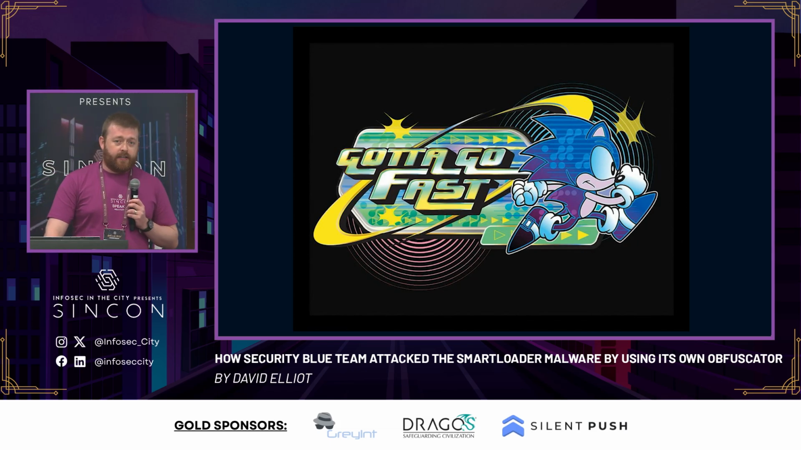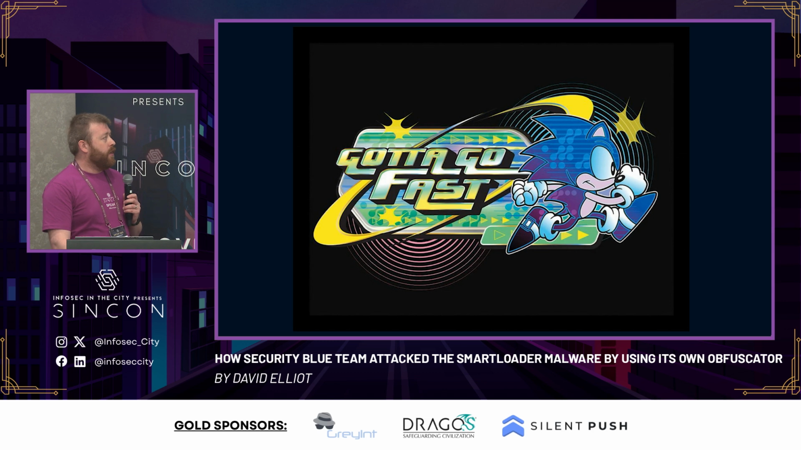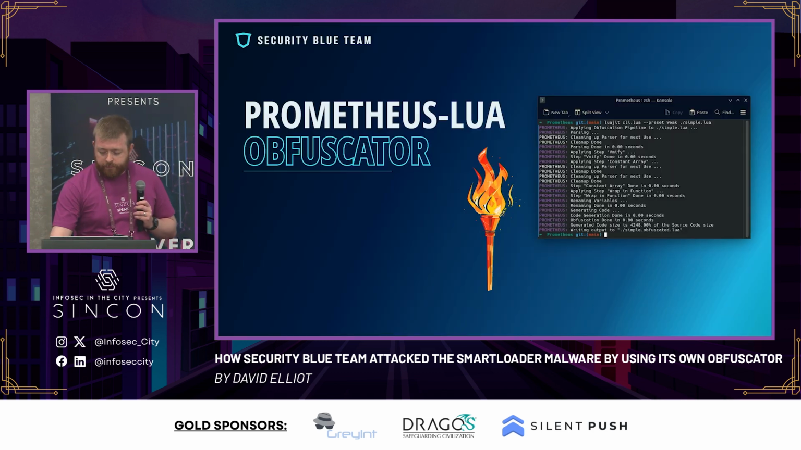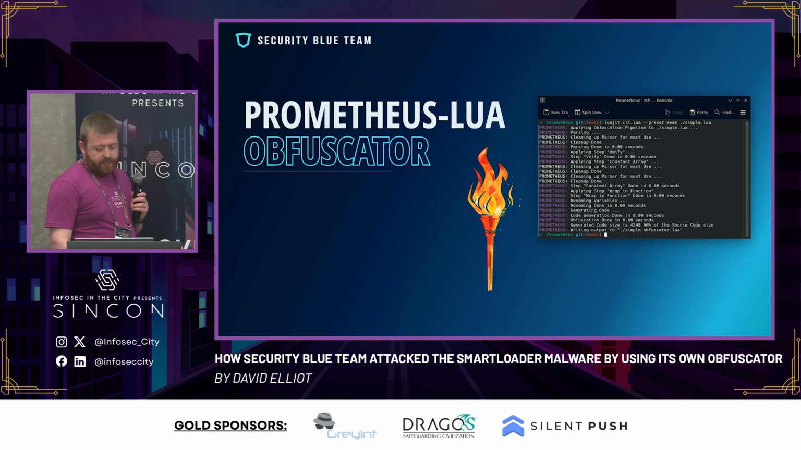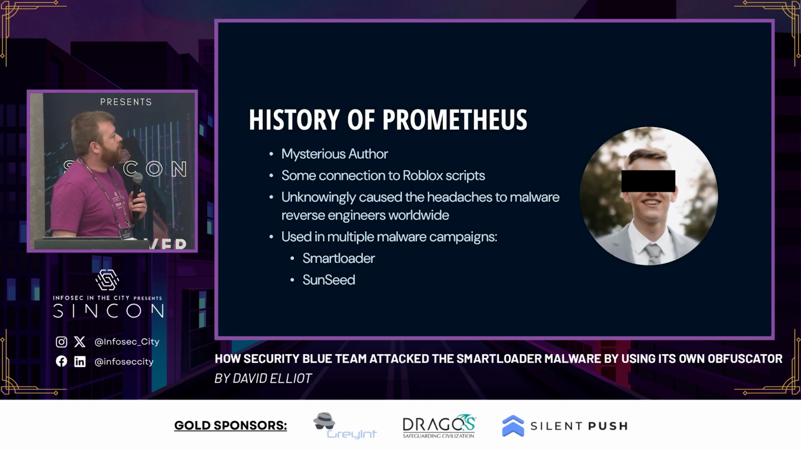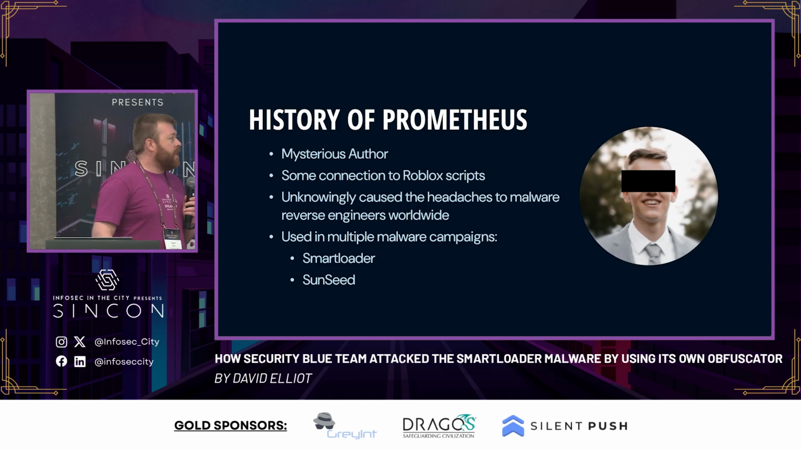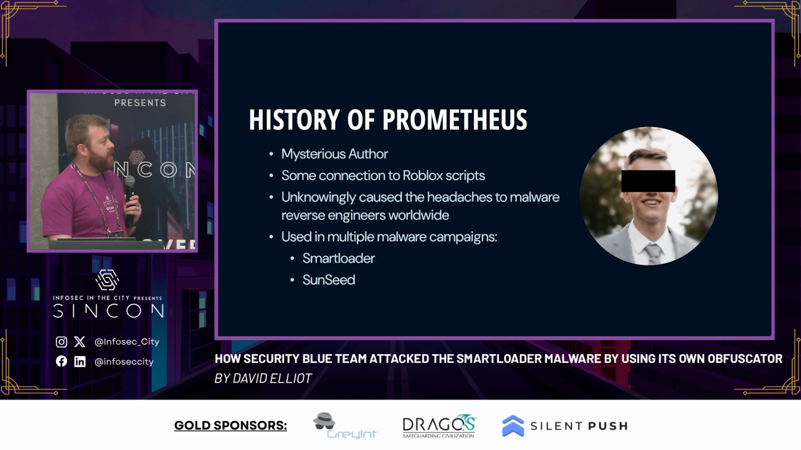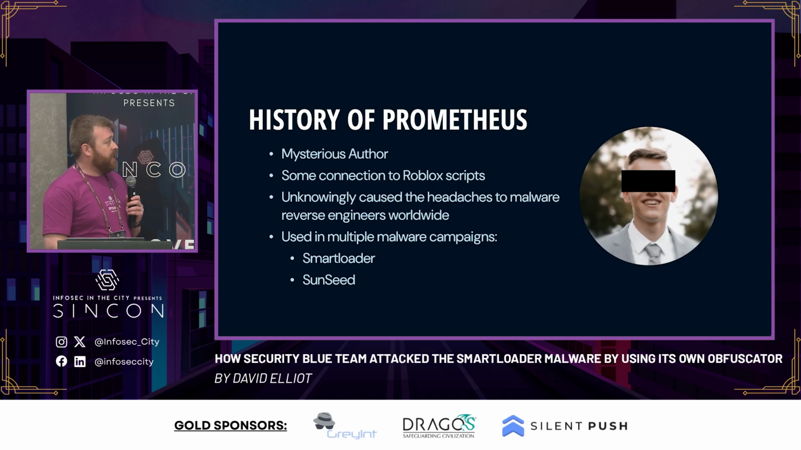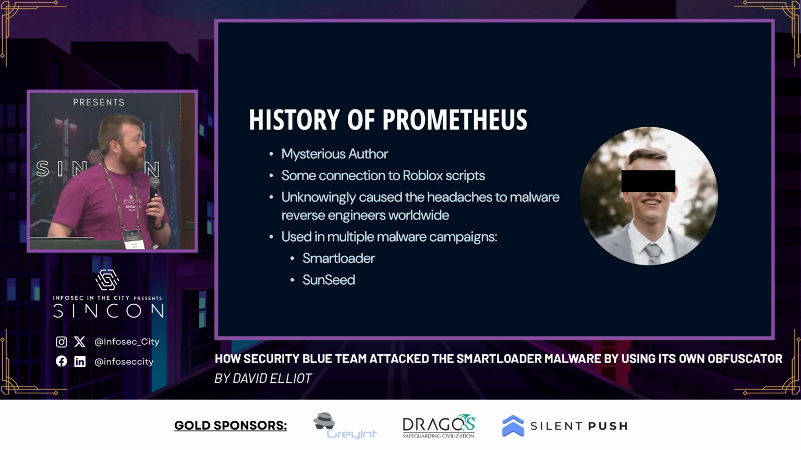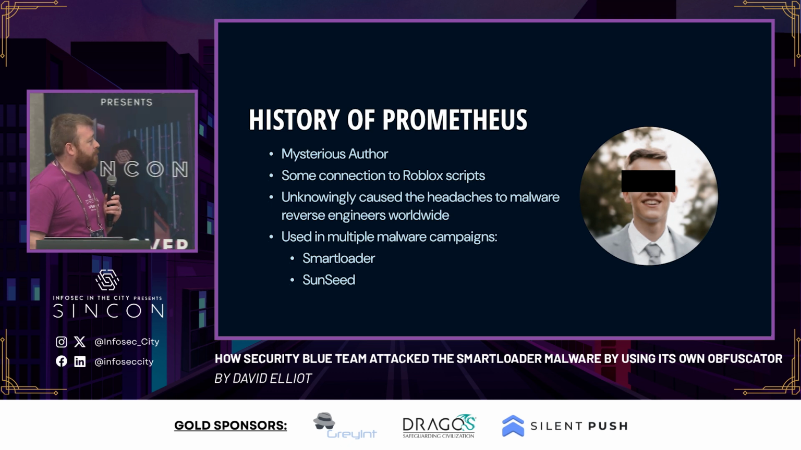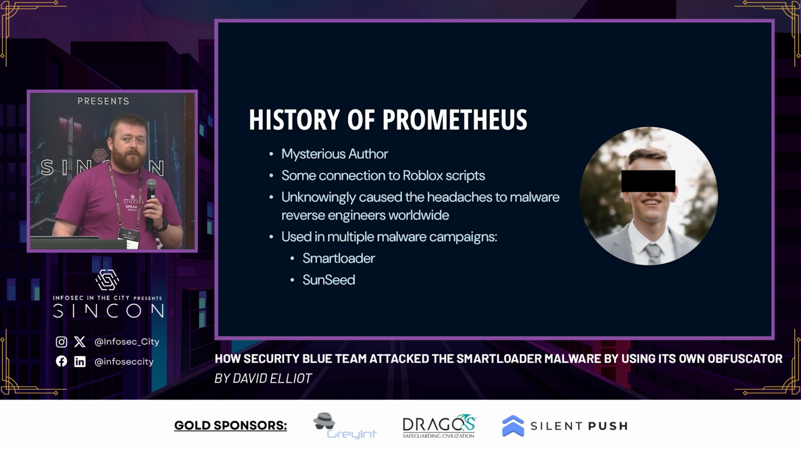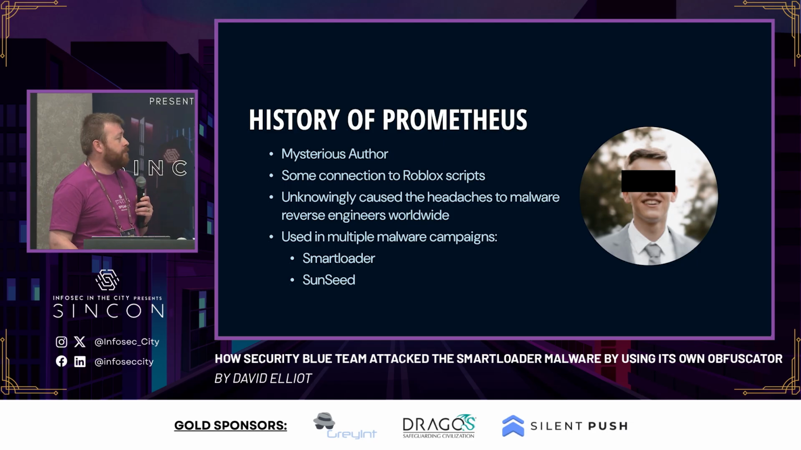But we need to be able to go faster and be able to find unique IOCs faster than a week every time. So the first place we looked was the Prometheus Lua obfuscator. This has very strange origins. There's a mysterious author that's got no connection with cybersecurity or even just IT in general. It came out of nowhere, making the obfuscator with some connection to Roblox scripts to protect them. He's unknowingly caused headaches to malware reverse engineers worldwide, and this obfuscator is used in multiple Lua-based malware campaigns, such